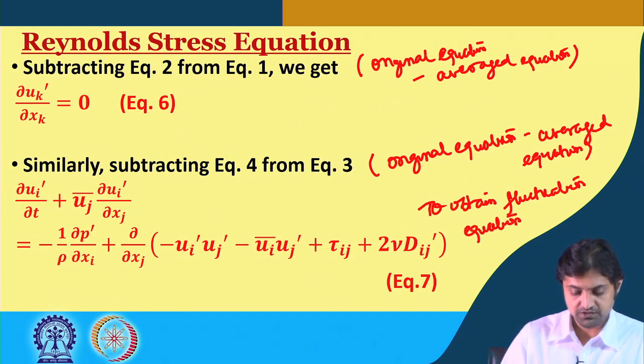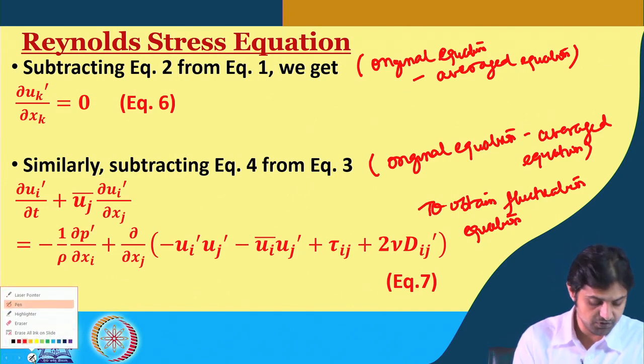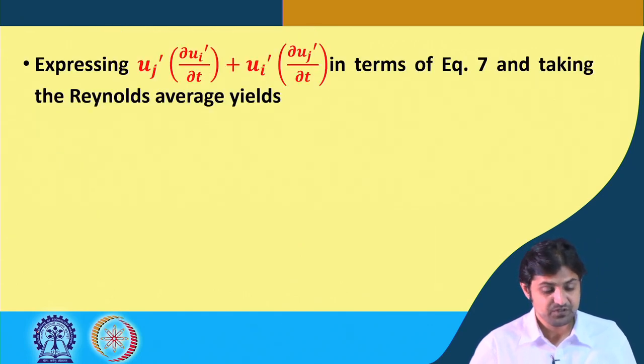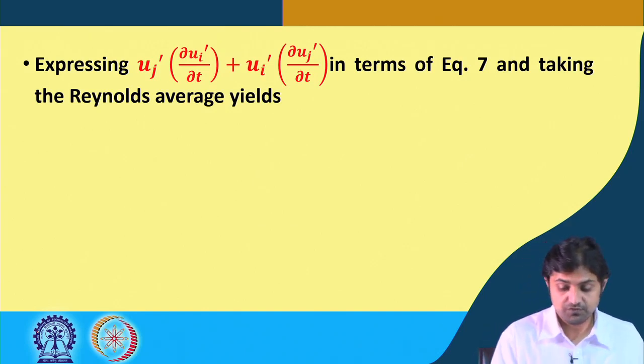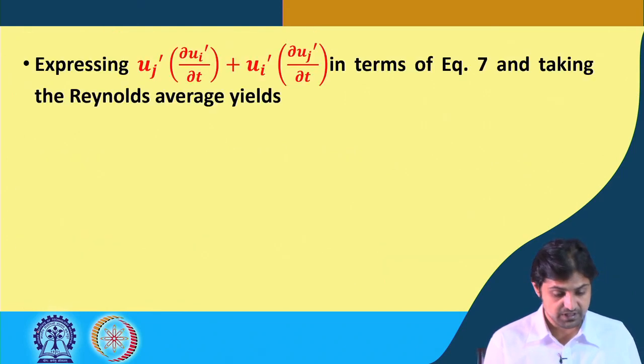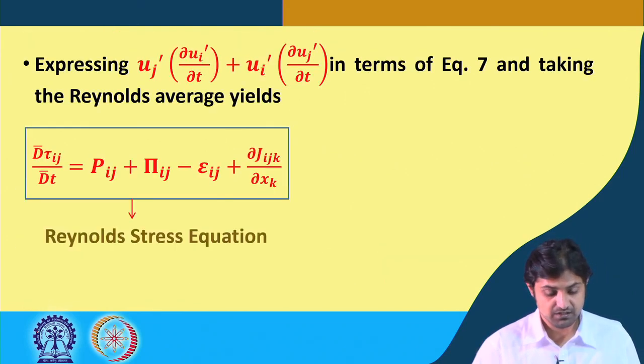This is how we obtain the equations with fluctuation terms in terms of differential equations. If we express that in terms of equation 7 here, this is called the Reynolds stress equation,